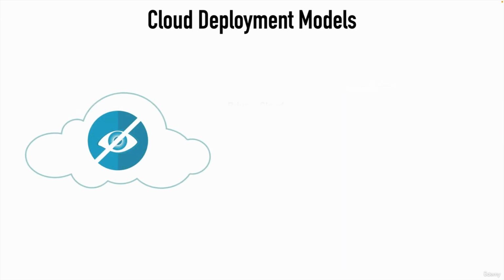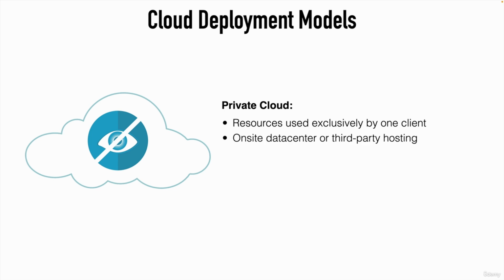Now that we understand these 5 essential characteristics of cloud computing, let's talk about 4 deployment models. First is the private cloud. In a private cloud, the cloud resources are used exclusively by one client or one business. This private cloud can be hosted on-site, in a company data center, or that can be provided by a third-party